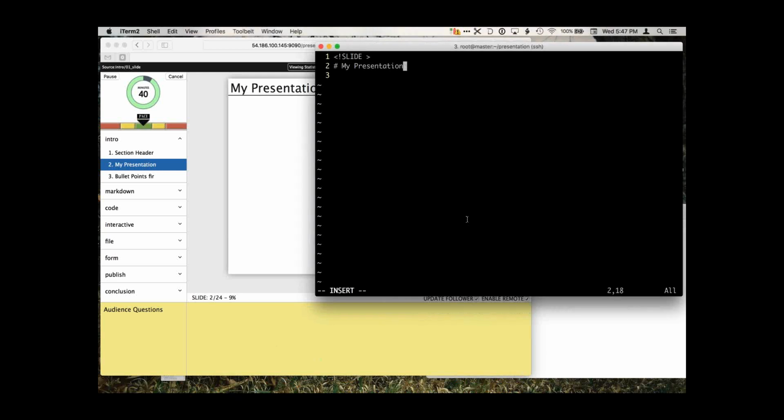Let's change this. It's just very simple Markdown. Using show off, a presentation about a presenter. How meta.